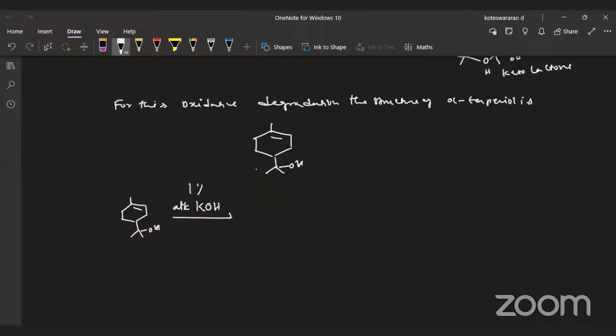It is 1%. Step 1. Right. This double bond is converting into a dihydroxy product, which is oxidized with chromic oxide